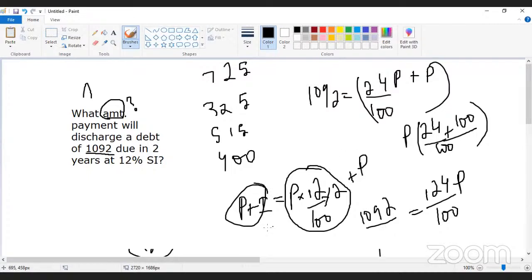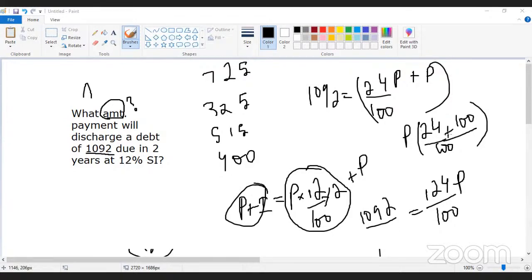Just check the question, because when you get your paper, I can see the same question in a different way, given as a sum. So you only have to be careful with the question. If it is amount 1092, I'll take that as the debt to be paid. In that case it is 1092 divided by 24 times 100, and that will give me the money. In the second case, if 1092 is with the principal amount, and I want only the interest,